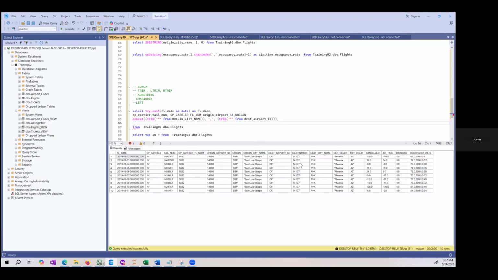The next step would just be to assign this to destination. So we'll say destination as, so this would be as origin city name. And then we'll have destination airport ID. No, destination as destination airport ID. Yeah, we're going to have destination as